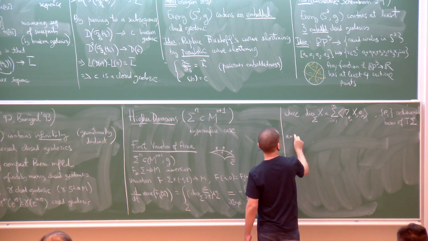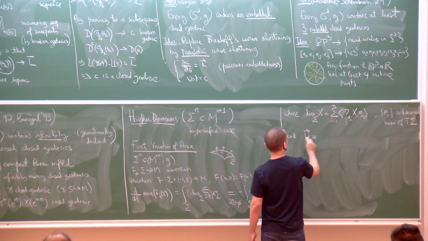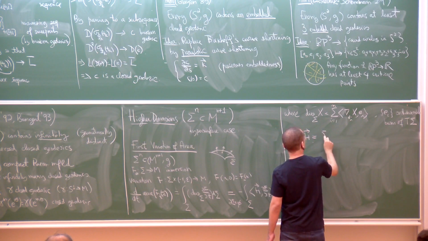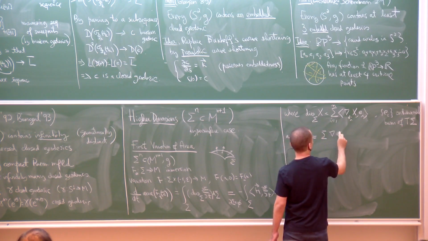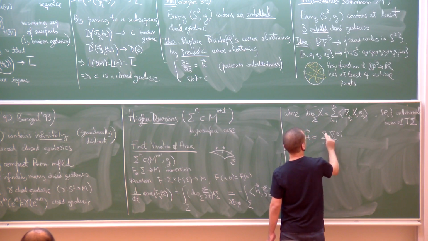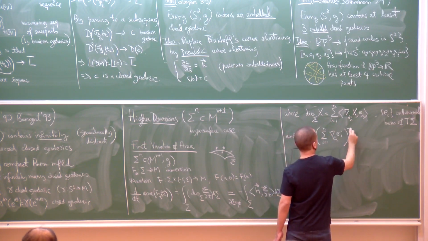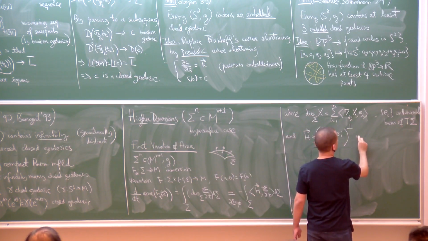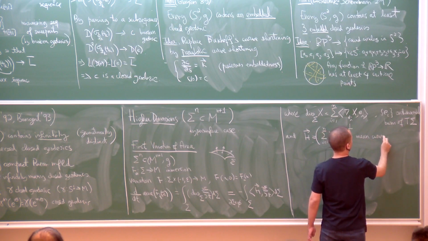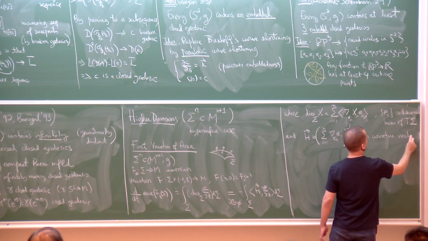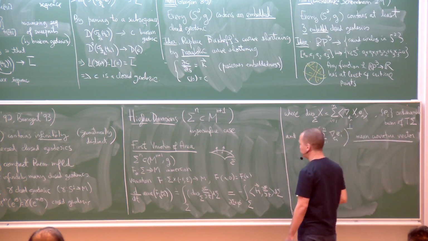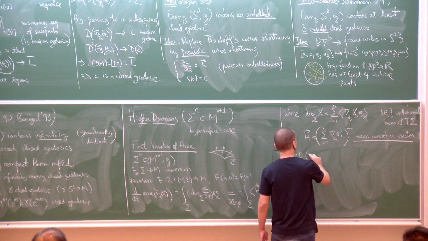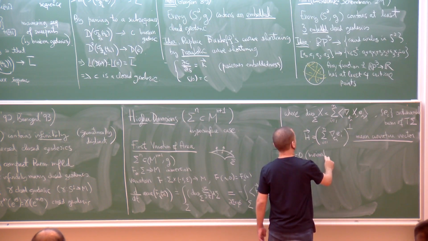And the mean curvature vector, just recall, can be defined as follows: if you give me an orthonormal basis, I can sum the derivatives of e_i with respect to e_i, and then take the normal projection to sigma. So this is the mean curvature vector. It's normal to the hypersurface. So the vanishing of this mean curvature vector is the minimal hypersurface equation,